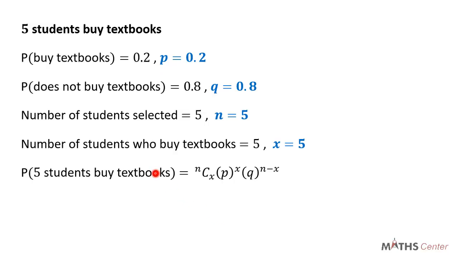Then the last one will be the probability that 5 students buy textbooks. If 5 students buy textbooks, then the number of students who buy textbooks is equal to 5. So x is equal to 5. We have the values of P, Q, and N here. You substitute them into the formula. You have 5 combination 5, 0.2 exponent 5, 0.8 exponent 0. And this gives us